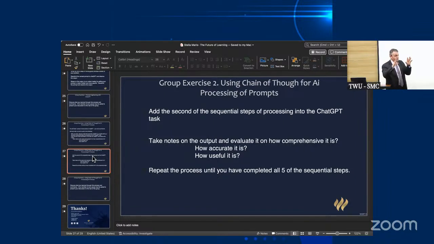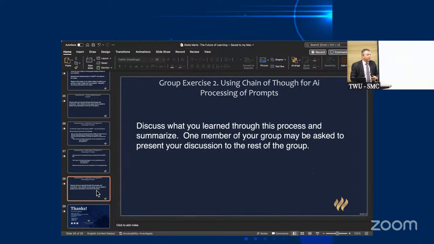You're going to create the second sequence of steps, put it in, generate the output, grading the first response with the second sequence. Does that make sense? You push it in, you do the evaluation. How does this look? Is it better? Is anything lost from the first one that I don't want to get lost? And you keep going through that process until you finish all 5 prompts. So that's what we're going to do, but we don't have time today. You can try that on your own. It's not terribly complicated, and that process is called chain of thought.